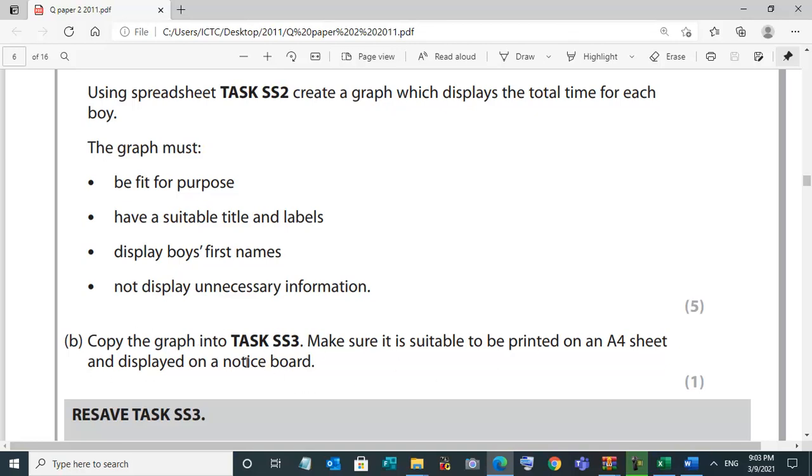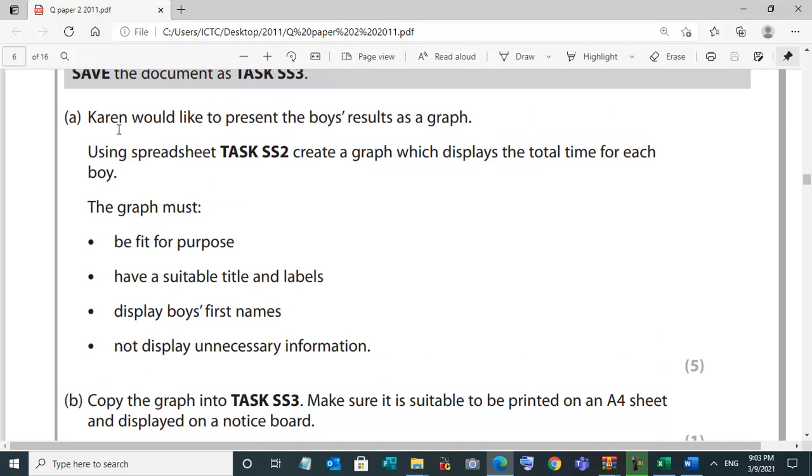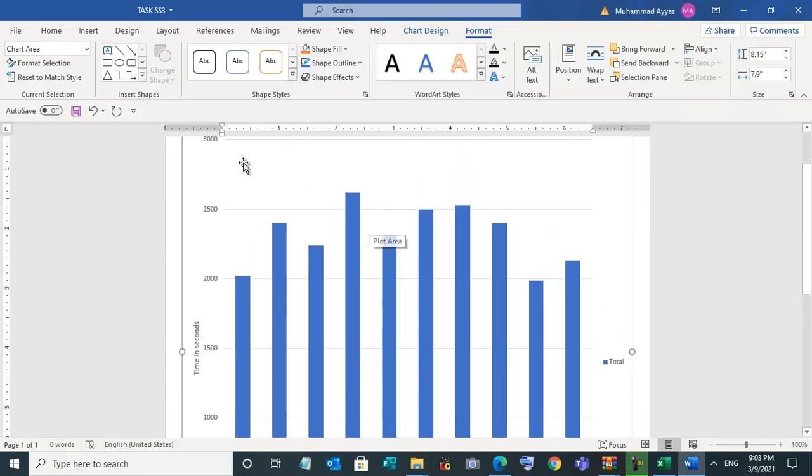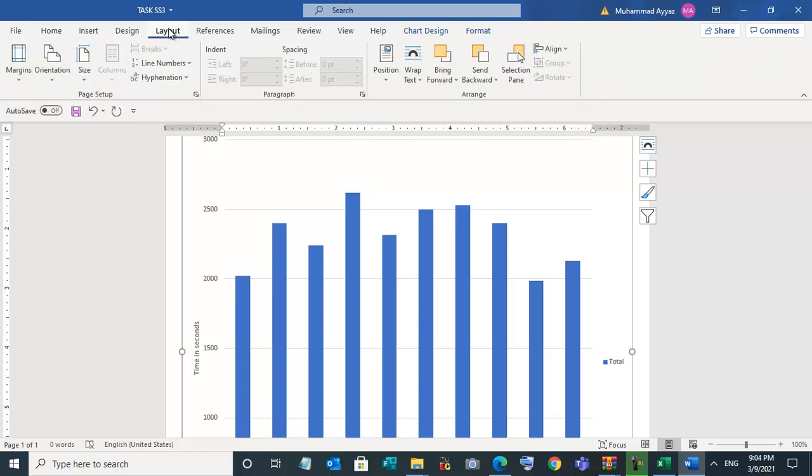A4 sheet and displayed on a notice board. No unnecessary first name, suitable title, fit for the purpose. Yes. So there is no page layout specified, so it is up to you. You can display it as A4 landscape or portrait. Go to layout and orientation, landscape or portrait.